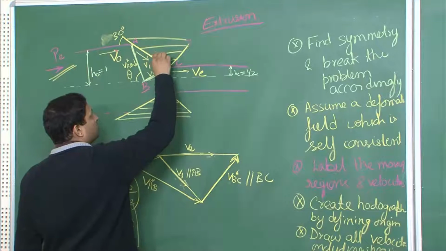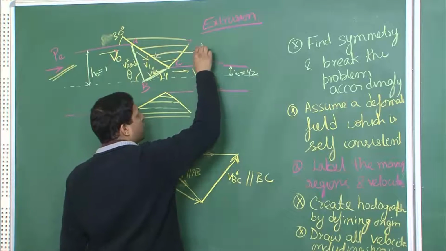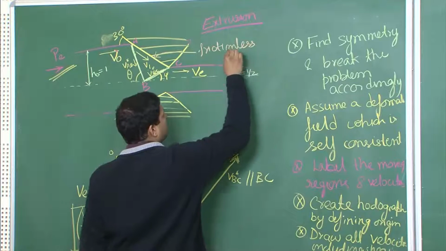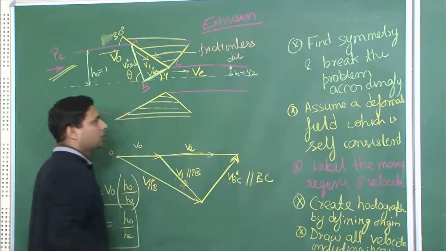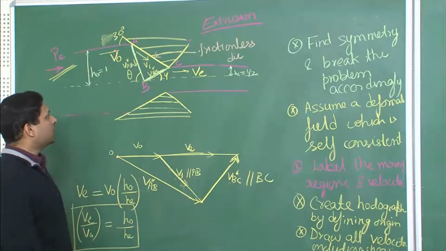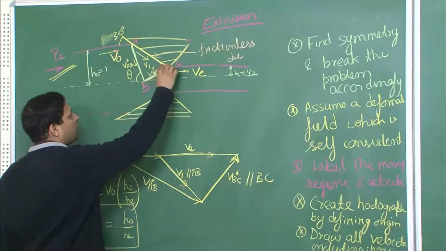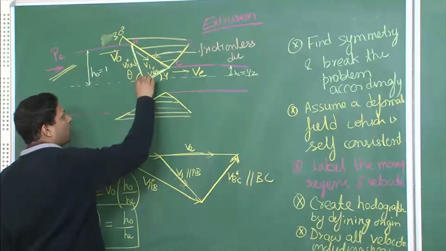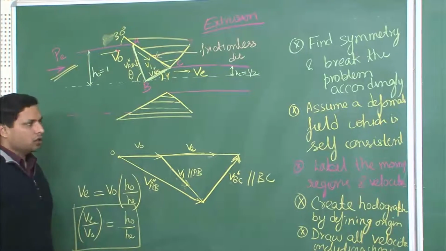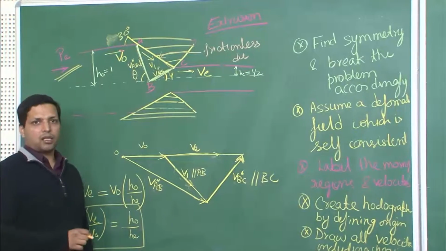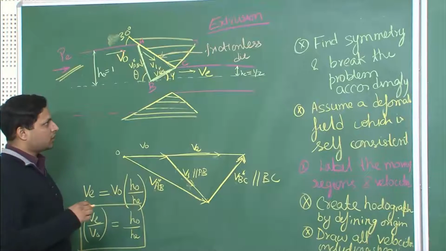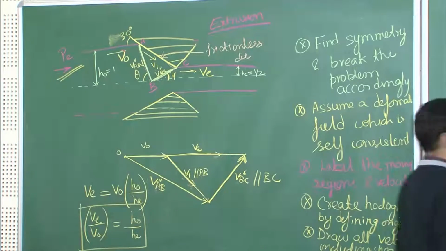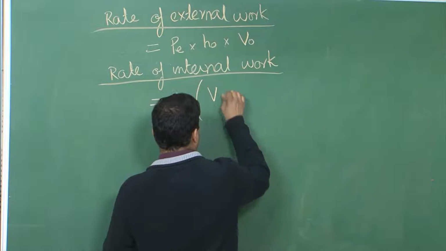Now, if we assume that this is a frictionless die, which is one of the common assumptions in most of these models, then no shearing is taking place along this line, and the only shearing taking place is along this and this line. So, assuming that there is a frictionless die, we will have only these two. Let me write down those two, and it will come out to